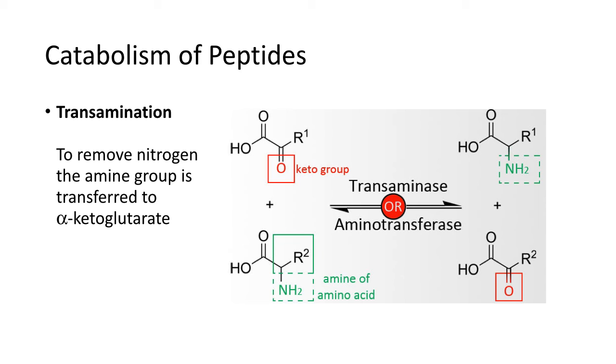Peptides present an unusual situation when considering how they must undergo catabolism. Peptides contain amino acids, and amino acids contain nitrogen atoms, and removing nitrogen is important. And the way this is done is very economical. The nitrogen is transferred to another molecule known as alpha-ketoglutarate using the enzyme called transaminase. And so what happens is the nitrogen group gets removed from the amino acid. It becomes part of the new amino acid, the glutamate, and then ultimately that nitrogen gets transferred once again,